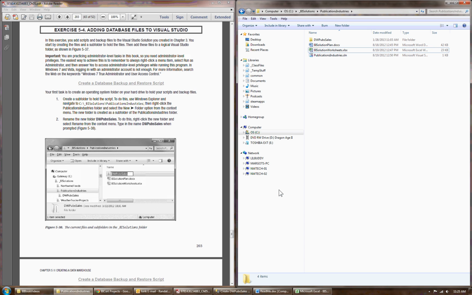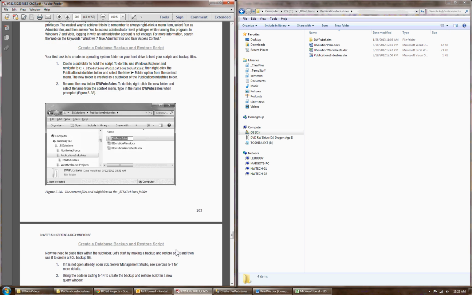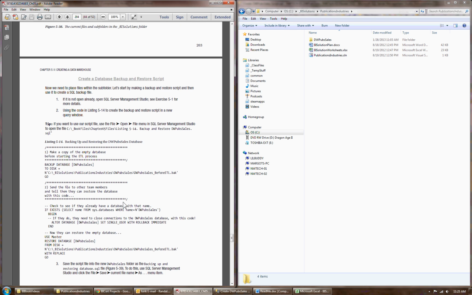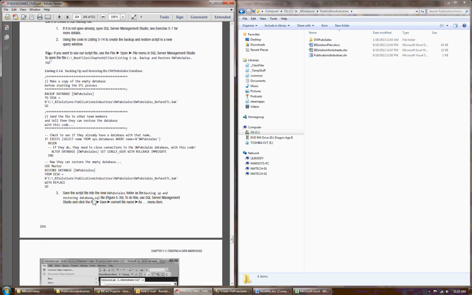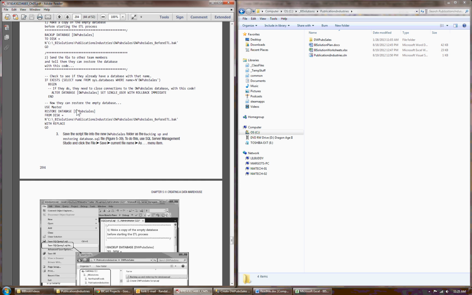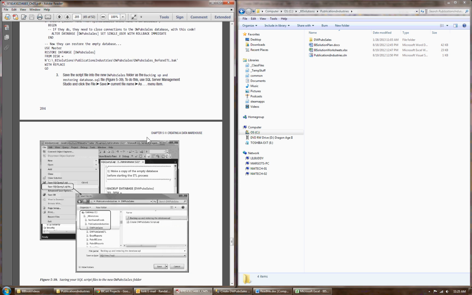In exercise 5.4, you take the files that you generated that contain your script to create the database, and you take that file and any other files that you might make. For example, I kind of recommend you go through and make a backup of the database. So I might make a backup and a restore script and a backup. And then once I was done with that, I take my database code, my script file, my backup file,